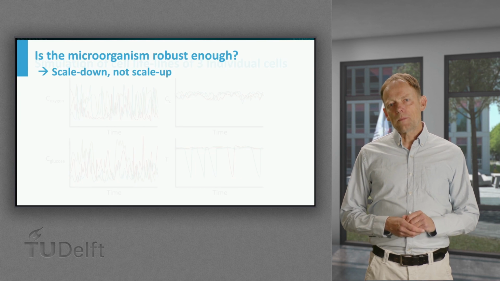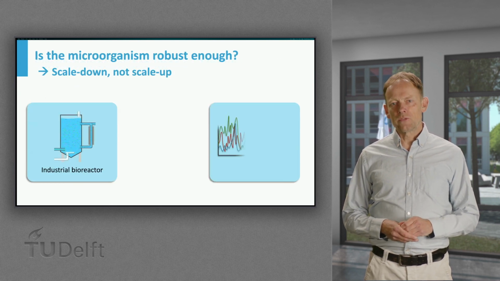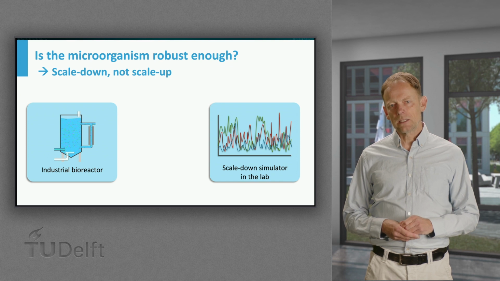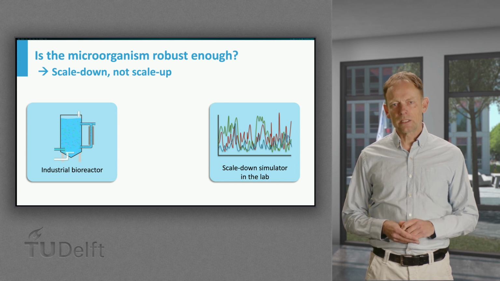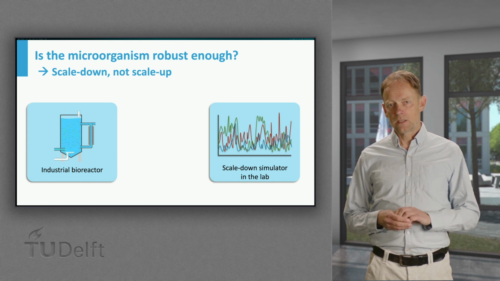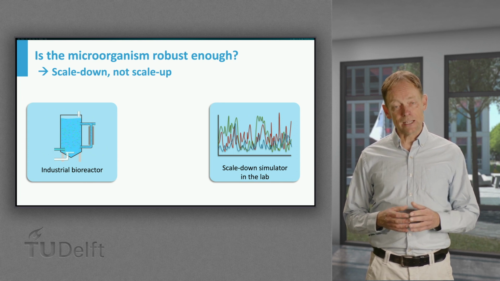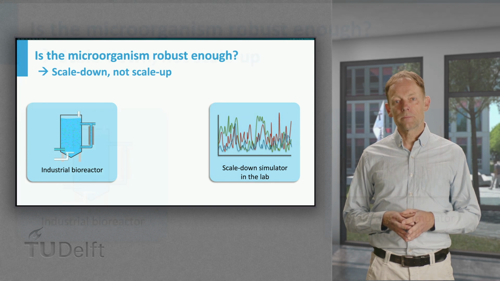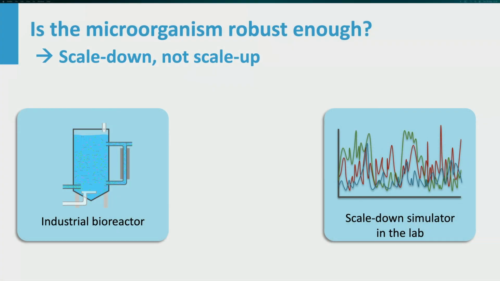For scale-up, we always advocate the philosophy: begin with the end in mind. This means that before scaling up, you should scale down first. Scale-up starts at the commercial scale. All research in the lab should be done under representative conditions, mimicking the cellular environment from the industrial scale in the lab as much as possible.